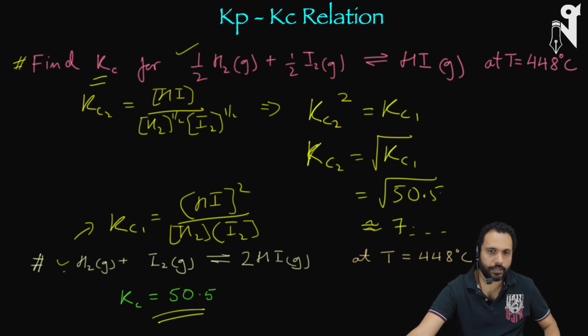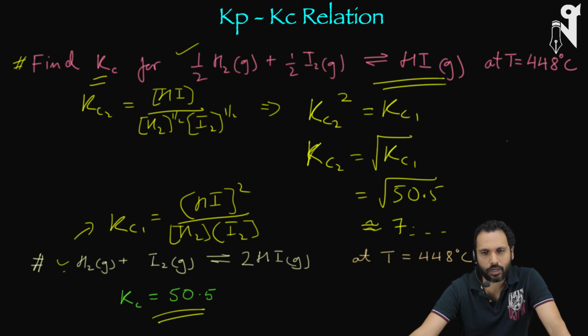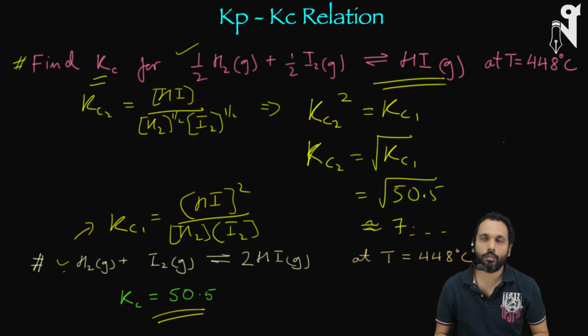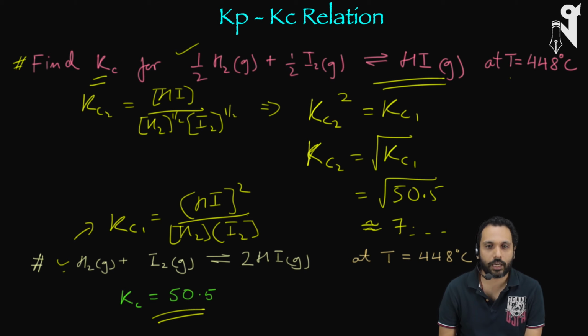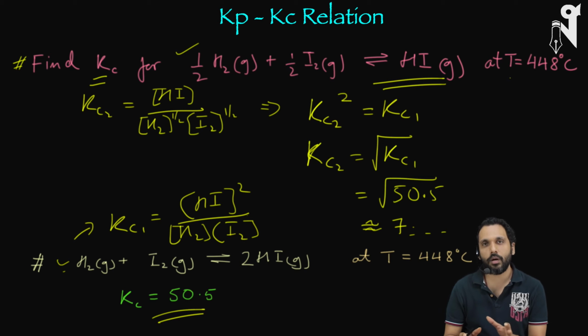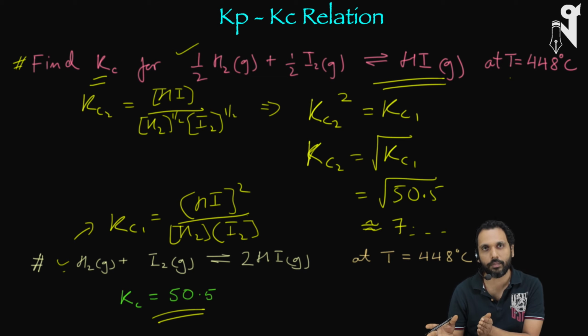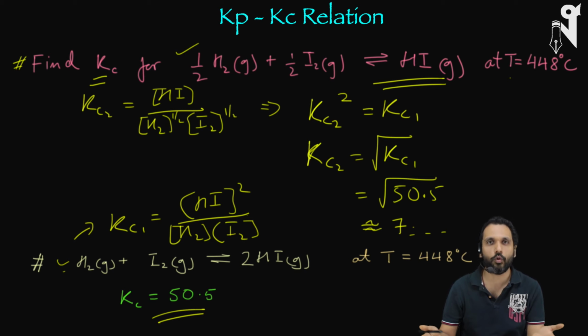So I hope you got that. That brings us to the end of this part where Kp Kc conversion is covered. I have not given you a K mole fraction kind of conversion. It is all very easy. Now we are all set to do the actual kind of problems required for chemical equilibrium, where a certain amount of the reactants has been given, and you have to figure out how much it is going to react, where it is going to reach equilibrium, and what the concentrations would be at equilibrium. So those kind of questions.